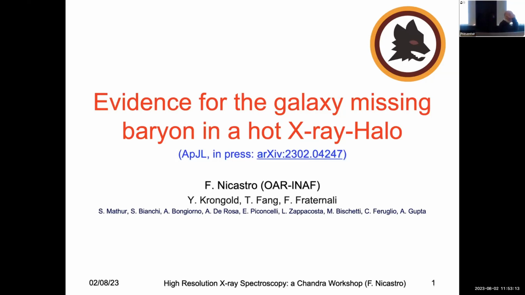The difficult part of the game is actually to find this CGM, but it's very important because, as I said, any line of sight goes through all these components, and we are not really sure whether we are seeing the CGM or the disk, and it has been very controversial in these 20 years. So the smoking gun is actually to see these baryons, this hot CGM, in external galaxies. But this is very difficult,